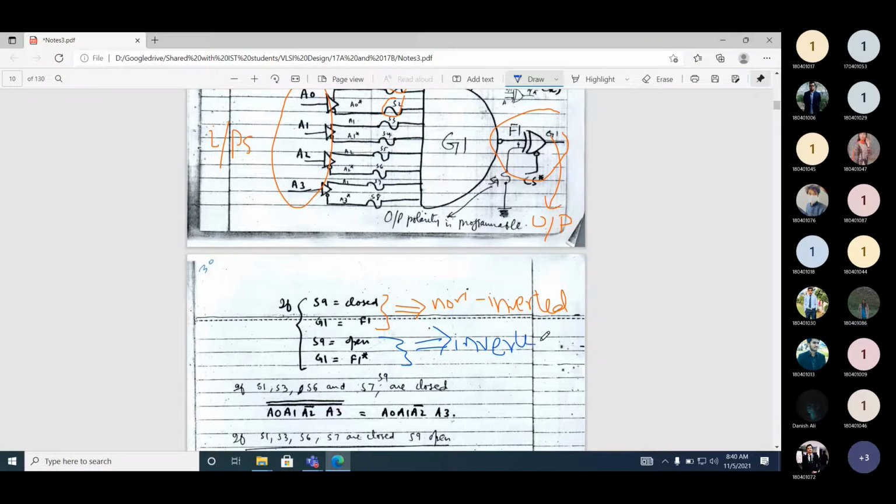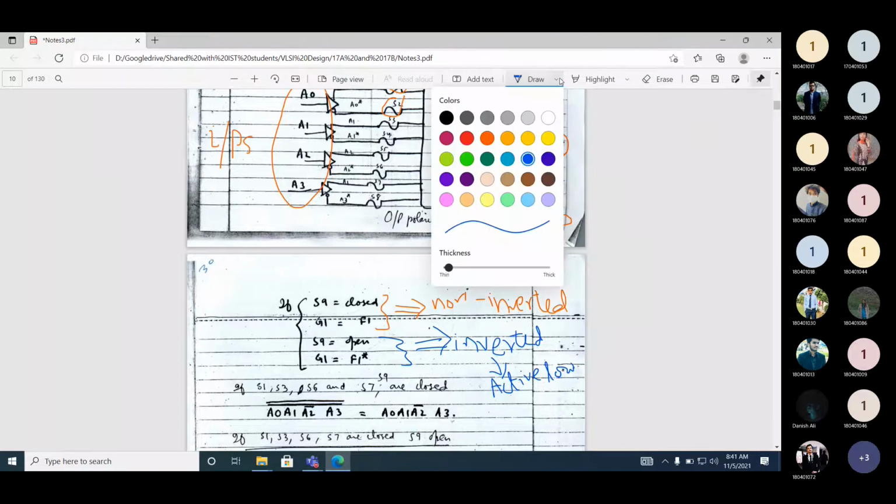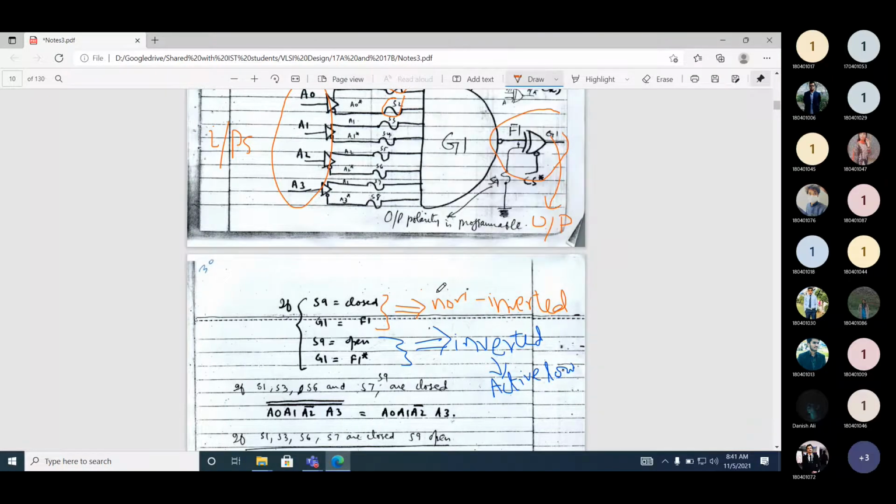So this inverted output, is it active low or active high? Low, because the output is inverted. Bar. When we say bar, it means output is inverted. And for the first one, active high.